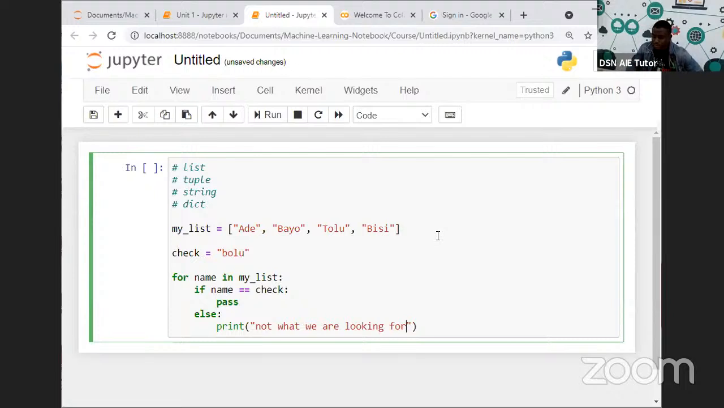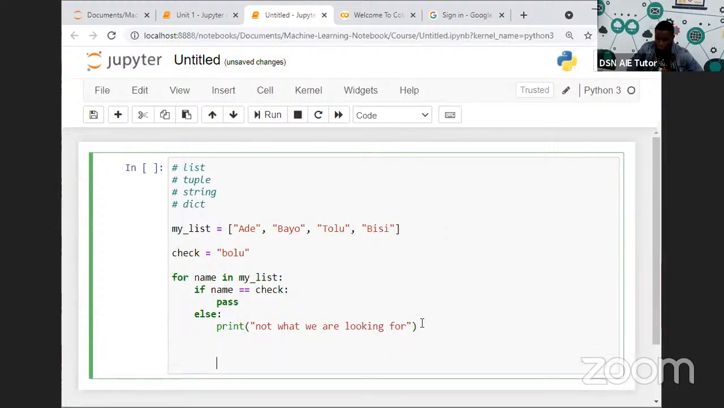Someone in the chat also says we can do if check or if Tolu